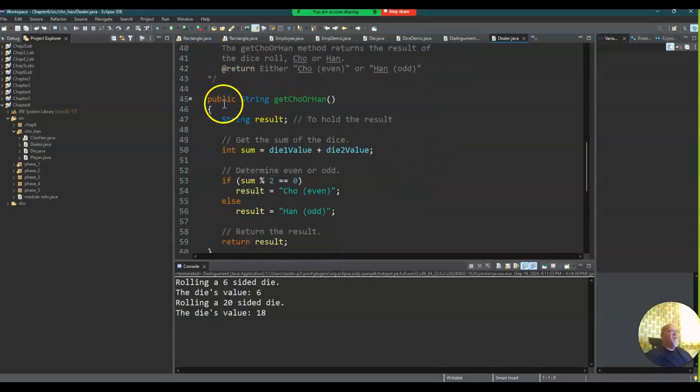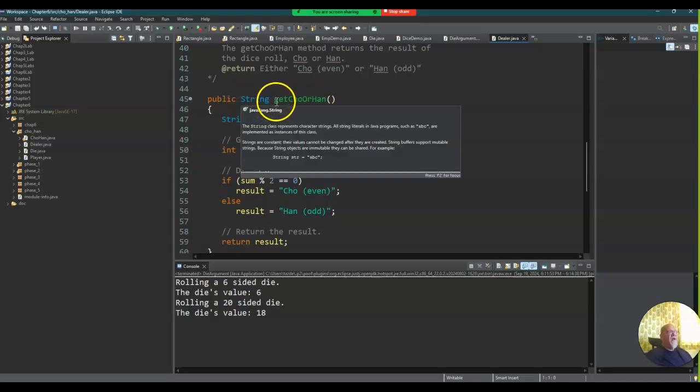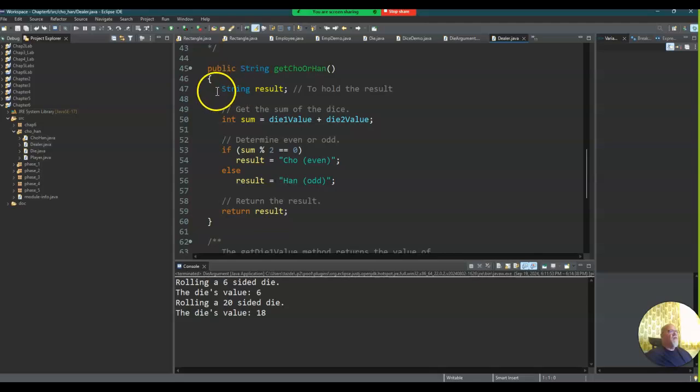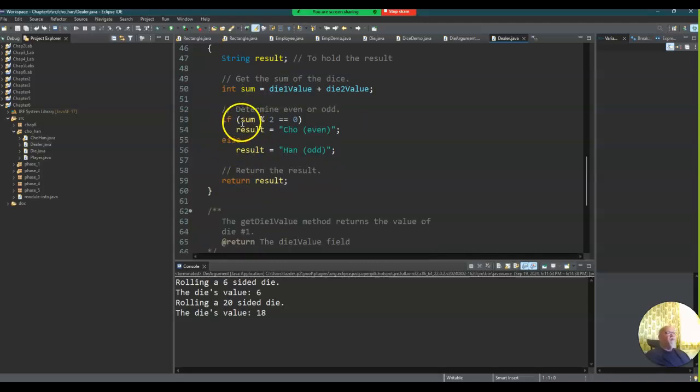Then we have this string. It basically looks like we call get show or hand, and it's going to return a string. The first thing we do is create a string called result. We've got an int sum equals die 1 plus die 2. So we add the 2 die values together and we put that into sum. Then here's what we do, we divide sum by 2,